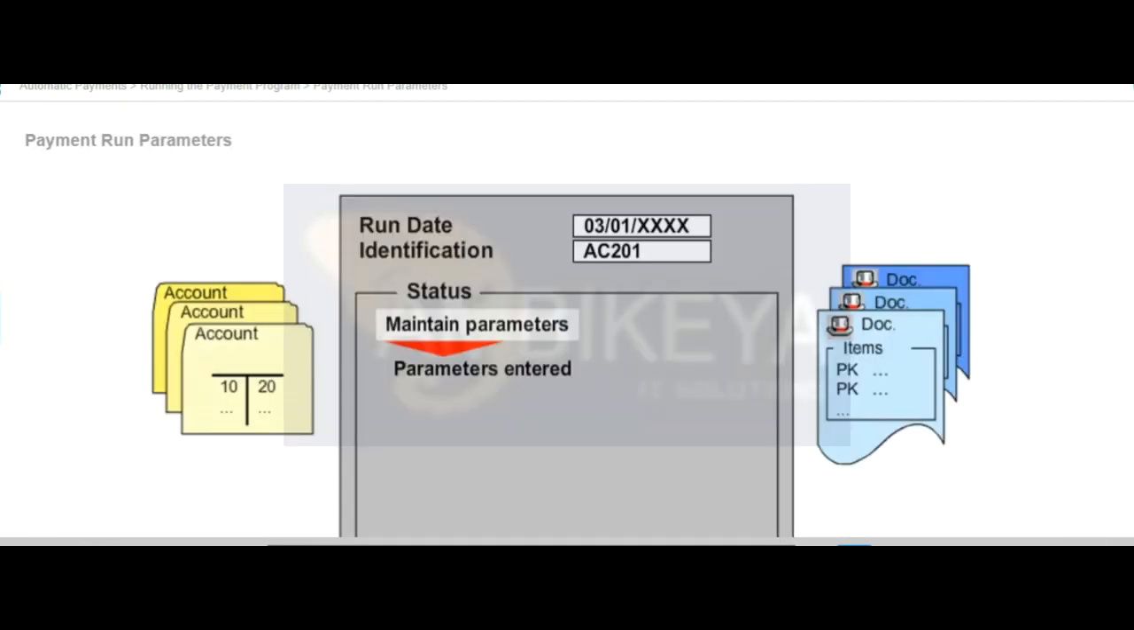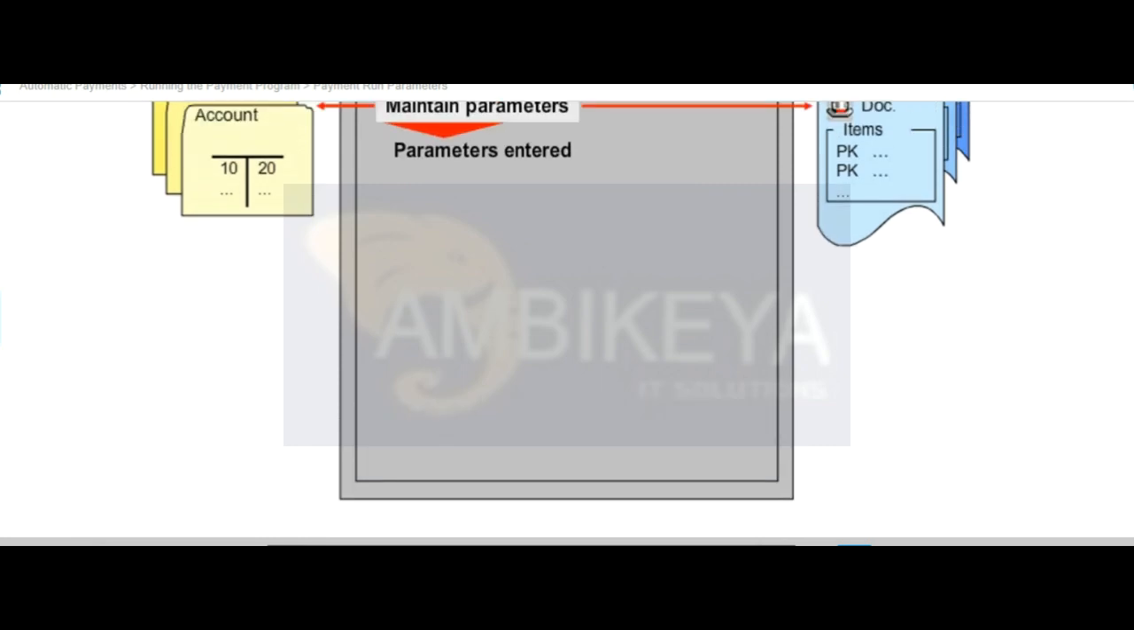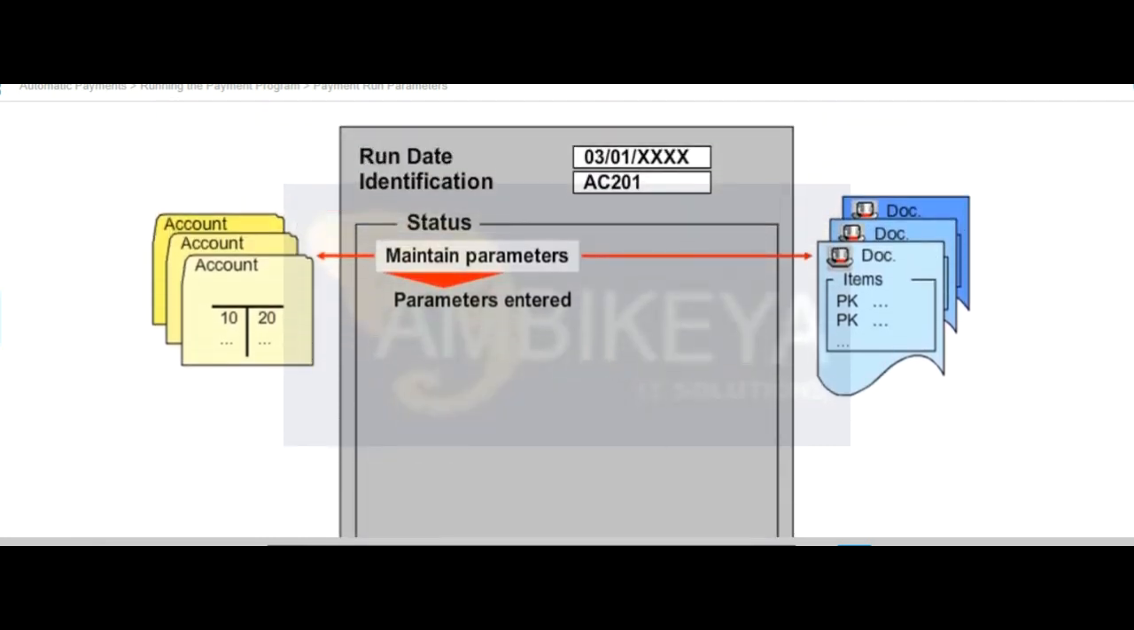The payment run parameters determine the accounts and documents that are included in the payment run. You are required to set these parameters before starting the payment process. You define the following parameters for the payment run: run date, program identification to differentiate between program runs on the